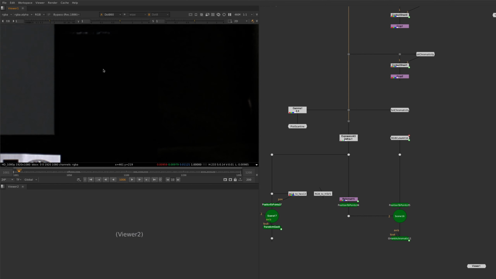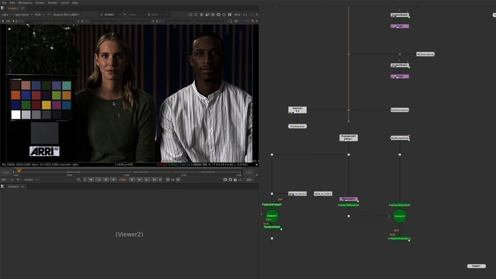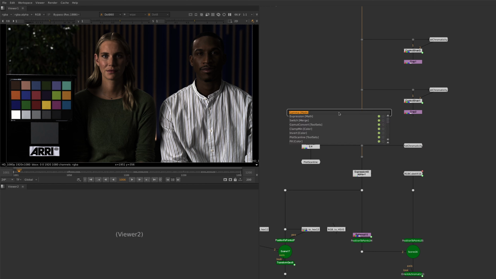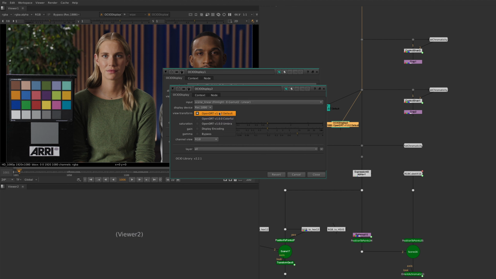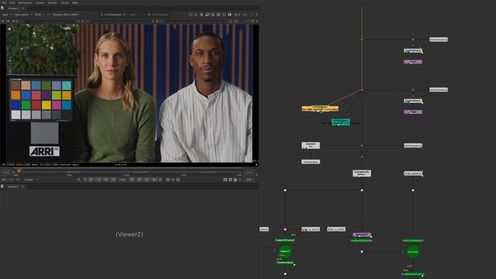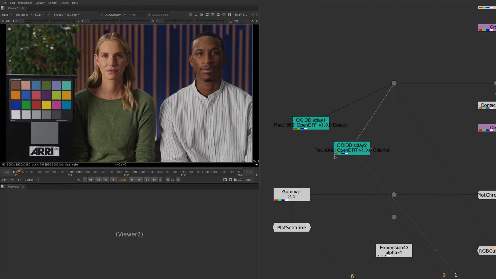And bypass is useful if you want to actually bypass the view transform. Like say if you need to do an OCIO display node in the node graph, look at it, and A/B between that and a different one that's set to a different thing. So if we wanted to A/B between default and colorful and compare, or load two different shots, color transforms, something like this, that lets us accomplish that. Yeah, cool. So that's how to use